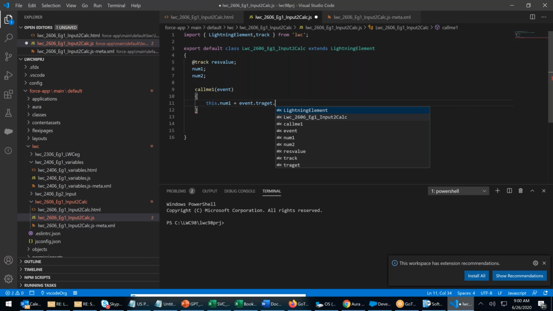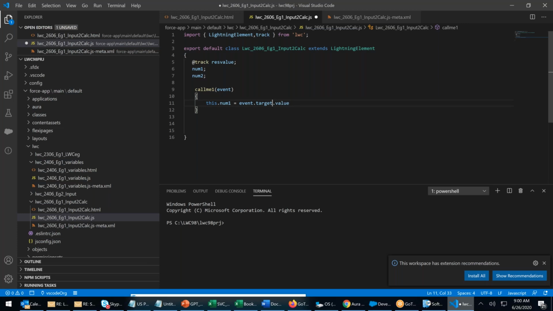Event dot target dot value. Watch the spelling of target.